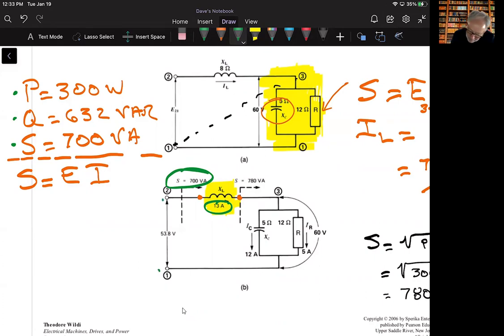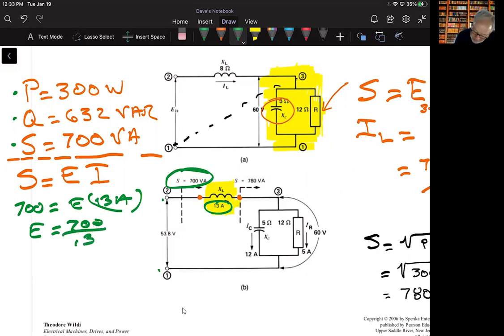That's the one thing I don't know yet. All right, well, S is equal to E times I. 700 equals E, which we don't know, times 13 amps. Solve this for E, 700 divided by 13, and I'm going to end up with